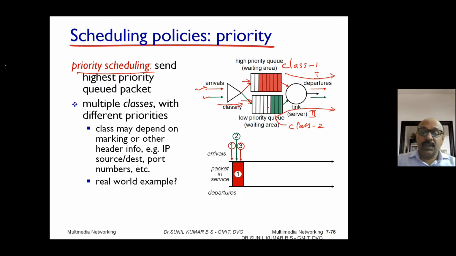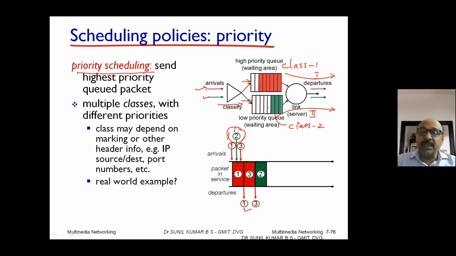At this point, you can see packet 1 has arrived with class 1. Packet 2 is class 2. Packet 3 is class 1. Okay, and packet 1 is transmitted, and then packet 2 is not delivered, though it is already available at the,